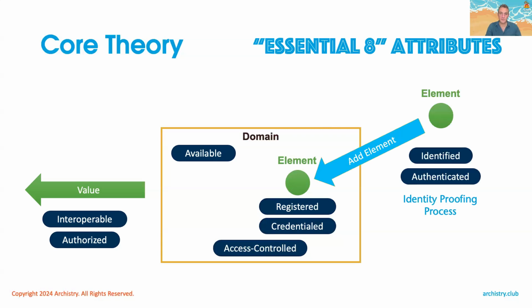So what I've just walked you through is the core theory of SABSA domains with some additions and specific applications of the way I do it. And we've also talked about all of what I call the essential 8 attributes. And every time you draw a box, each of those essential 8 attributes will apply exactly as we walked through them. So that means that you have 8 potential control points that you can use to figure out what security means in any situation, in any environment. Let's see what this means for real.